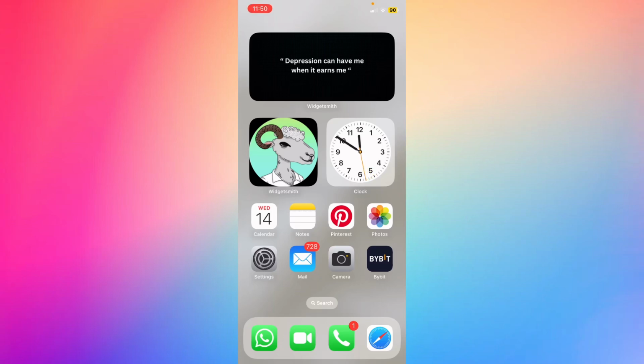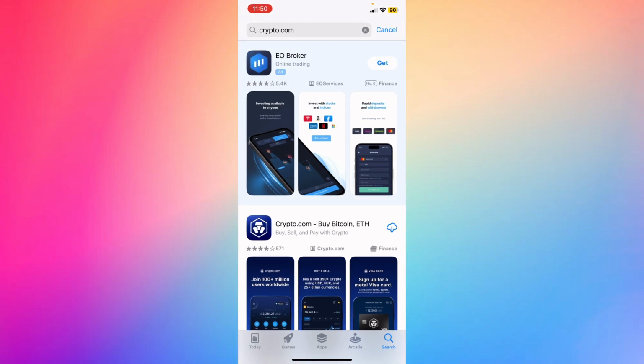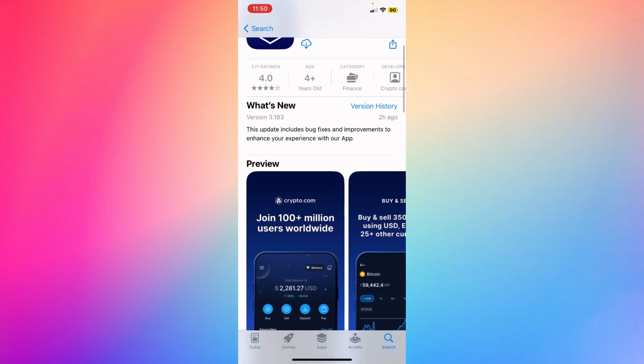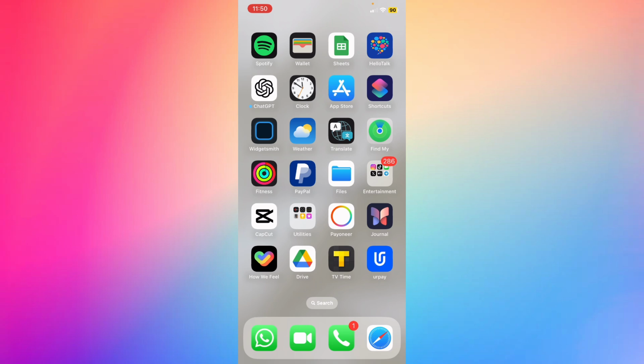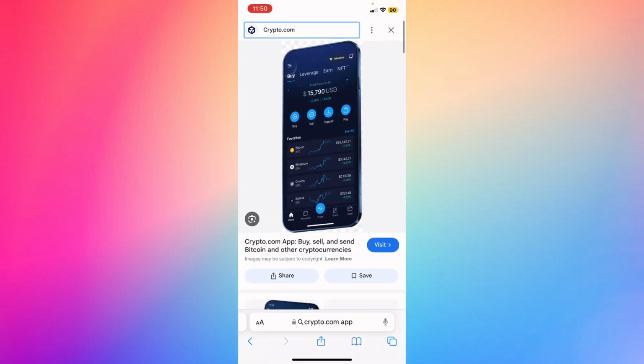How to add a bank account in crypto.com. So first of all, go to your app store, Google Play, and make sure that you downloaded the app. After you log in and verify your account on crypto.com, open the crypto.com app, and then click